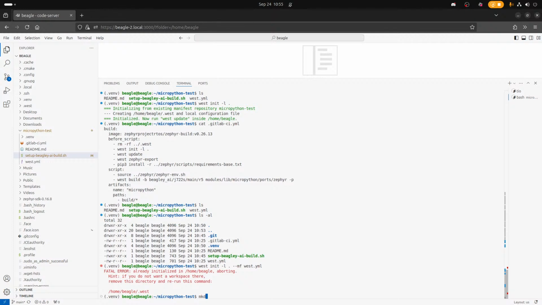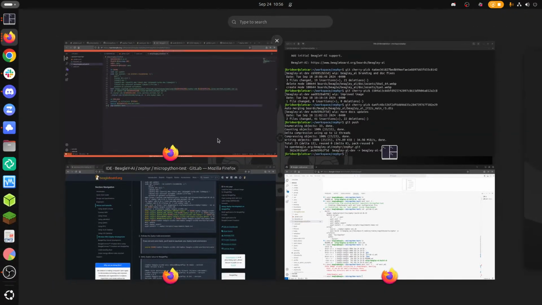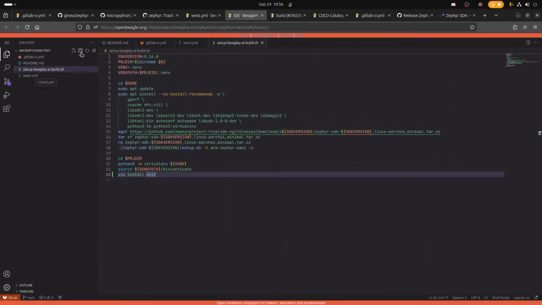So I guess you can create a temp folder and -l temp. The thing is, it's weird, right? It will basically try to create the workspace one directory before whatever is specified in the -l flag. Should we move west.yaml to a subdirectory? Yeah, that will work as well, but the subdirectory cannot be named Zephyr. That's fine. We're going to make it.